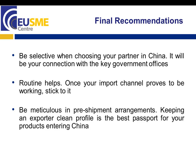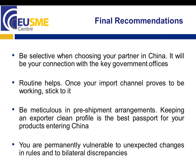You will see that as your products and your company are getting familiar to the officials and inspectors, then inspection will be less frequent. Probably random samples will be taken on fewer occasions, and it means that the time frames and costs of exporting will be reduced clearly. And a final recommendation, of course: you are permanently vulnerable to unexpected changes in rules and